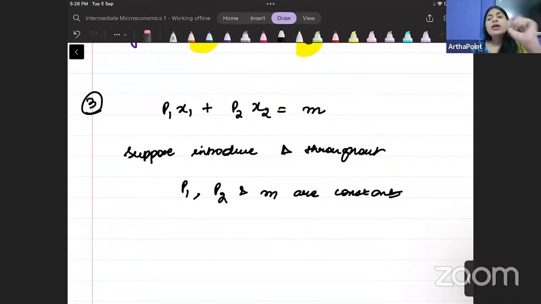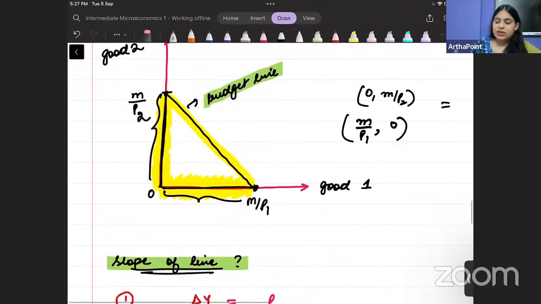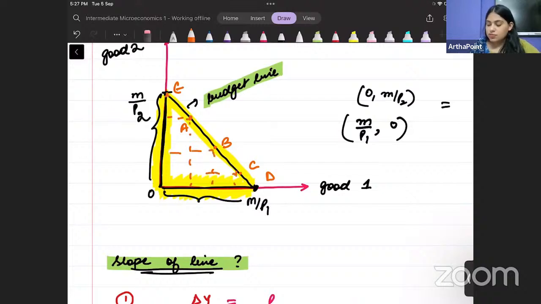Consumer क्या सोच सकता है कि given my income, what is the consumption of the two goods that I can consume? So what can the consumer think? बेटा ये हमने budget line बनाई है ना, तो consumer point A पे भी हो सकता है, B पे भी हो सकता है, C पे भी, D पे भी, E पे भी हो सकता है. हर point पे उसकी consumption of the two goods change हो रही है. But what is constant? The income of the consumer and the prices of the goods. वो change नहीं हो रही हैं across the budget line.